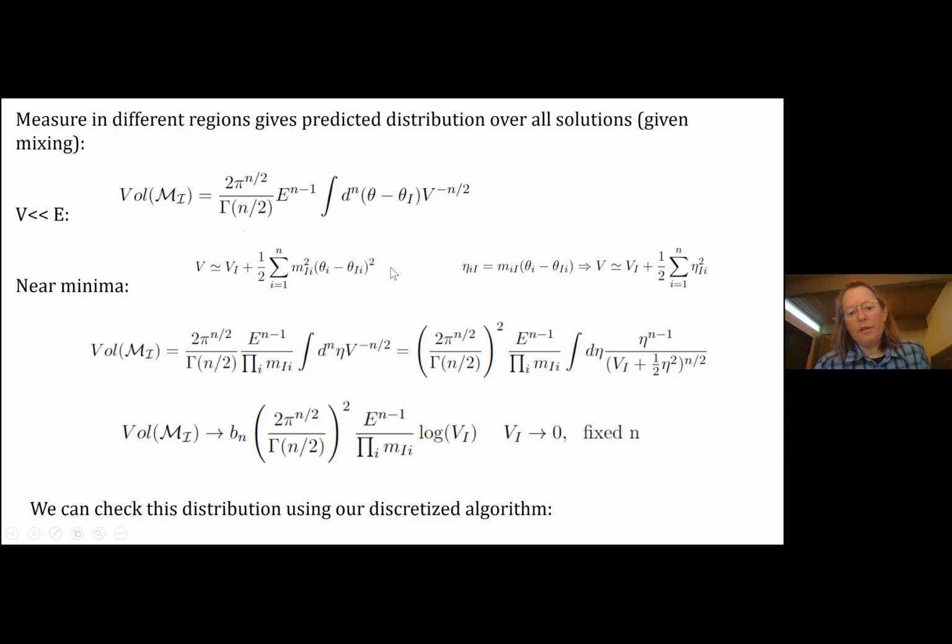Here all I've done is take the approximation that we're well below the initial energy. Okay, so there's some local minimum with a quadratic Taylor expansion around it, with the mass eigenvalues being this square being m squared here. So one can easily plug that into this formula